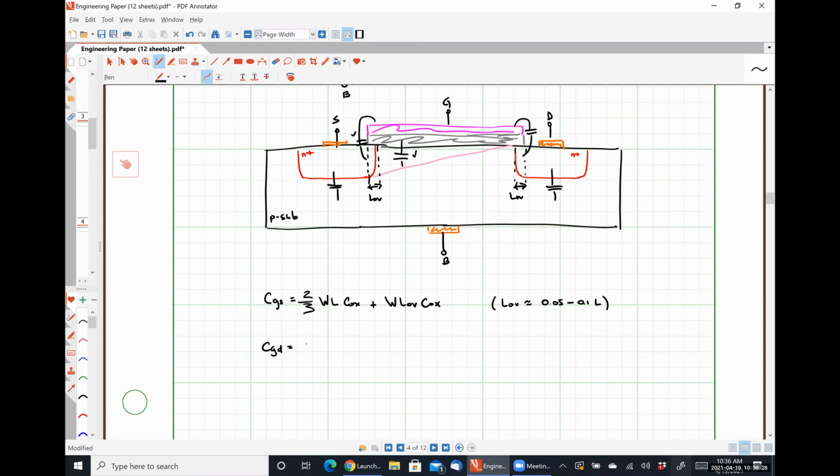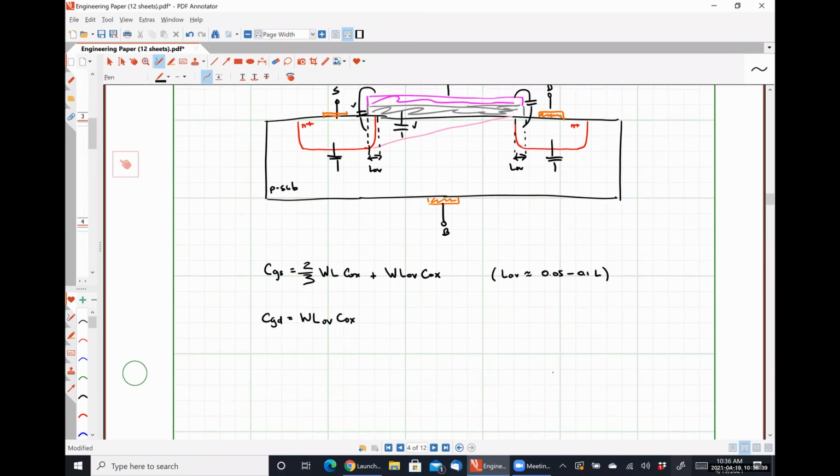All we see is that overlap capacitance. And so we just have W L ov times Cox. For our source body capacitance, this is a depletion layer capacitance between the PN junction formed by the